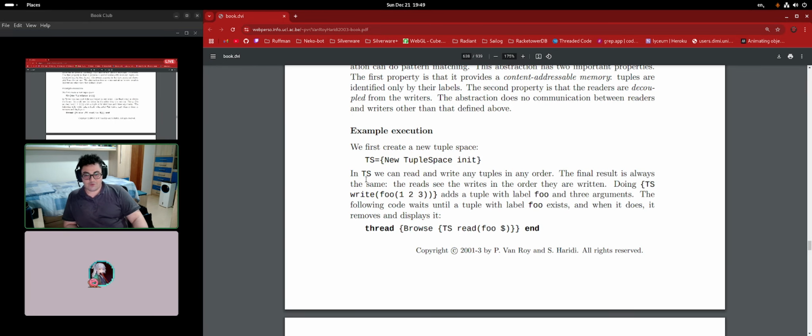Okay, then we have an example. So we start our tuple space, which again is just a memory region saving tuples. So you can think of this as a global variable. I guess the closest thing that people understand of this is an arena, maybe. It's not quite an arena. But I didn't say it's the same thing. I said it's the closest. No, this is like